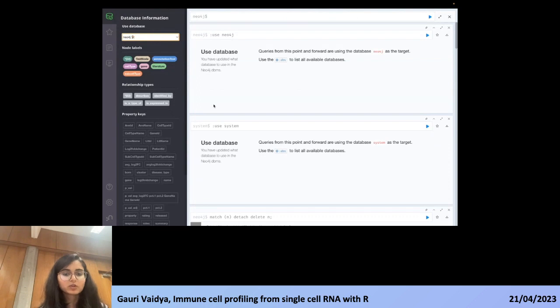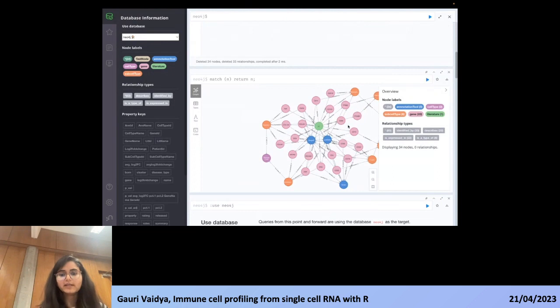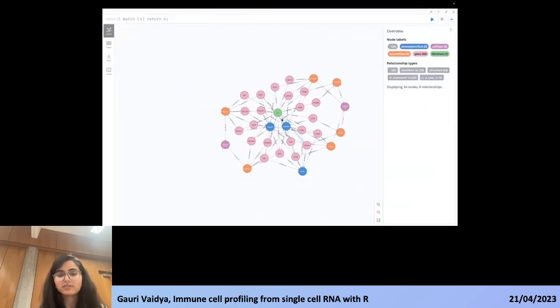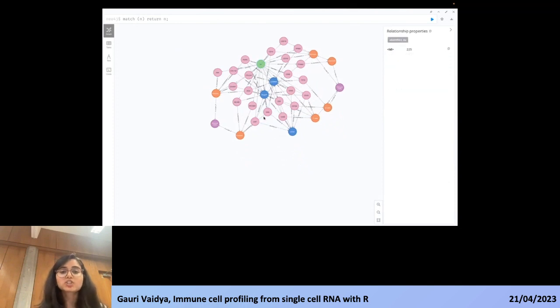Yeah. So we'll just check this. What we have here. We have this graph. So this is entirely connected with each other. Now what we are going to do is we are going to extract some